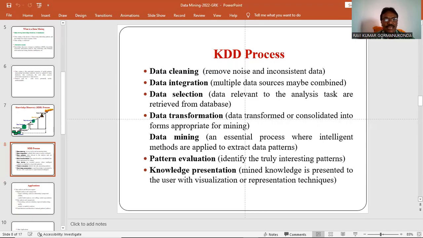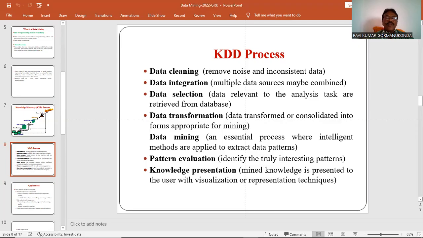So data cleaning is the process of removing noise, errors, or inconsistencies in the data. Noise means some random error, or maybe some of the data may be missing, so some of the attributes may not have values.